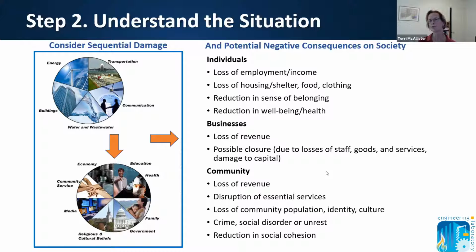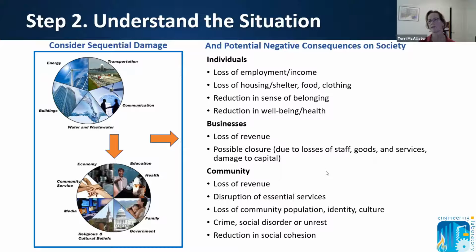So if we start here under sequential damage from the community scale and you have your physical systems, when those are no longer operating as they should, either partially or entirely, it has a very strong impact on all those social systems across the community. And this can lead to very negative consequences on society. Depending on the degree, they can last for weeks up to years. And you see here some examples of how these may affect individuals, businesses, and the community.